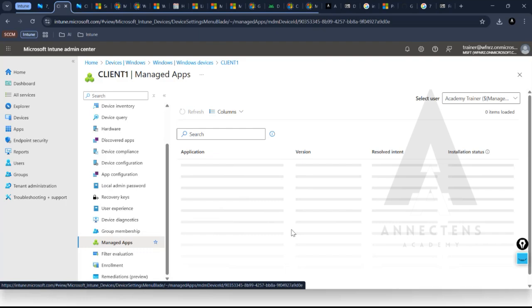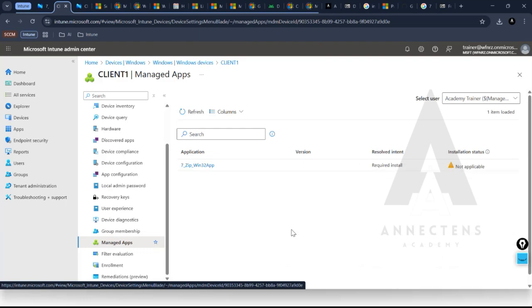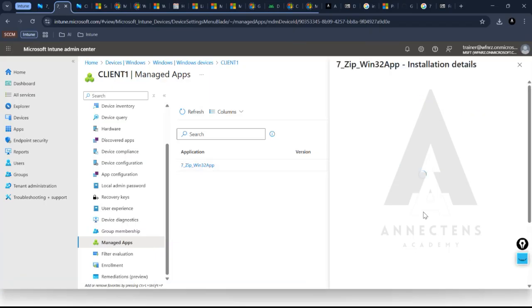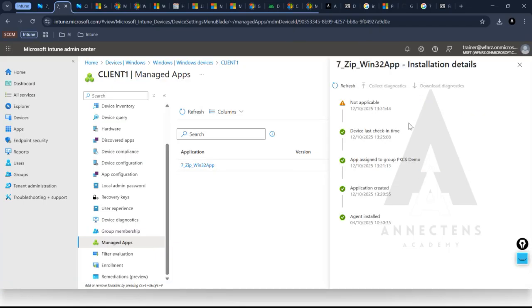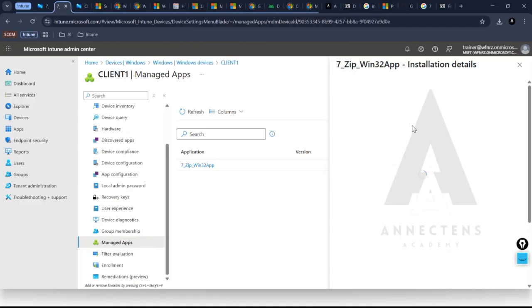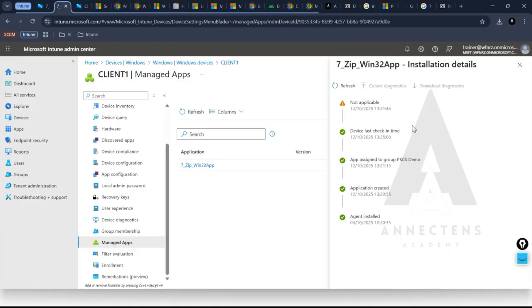I'm doubtful whether it will install or not. Okay, so it says required and not applicable. So what is the problem here? Not applicable, I don't understand what the problem is. Device checked in, assigned to this. Not applicable means what? And under discovered apps, can we see the 7-zip or no? Discovered apps. No,